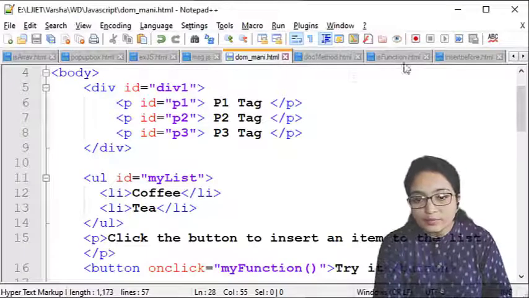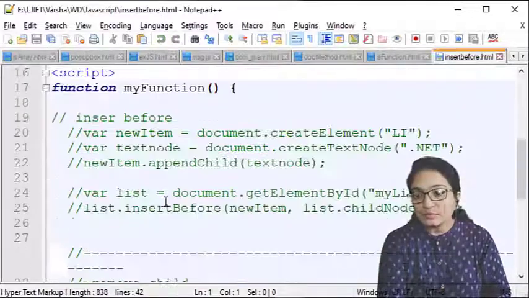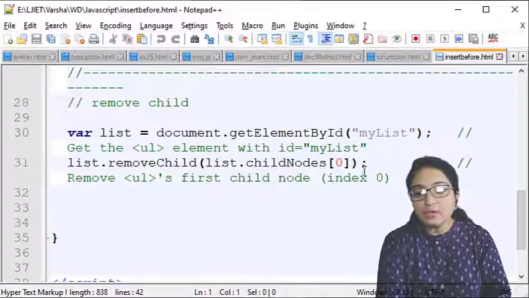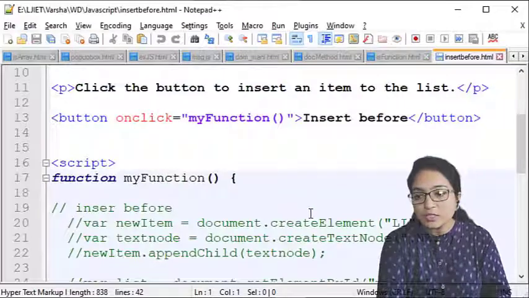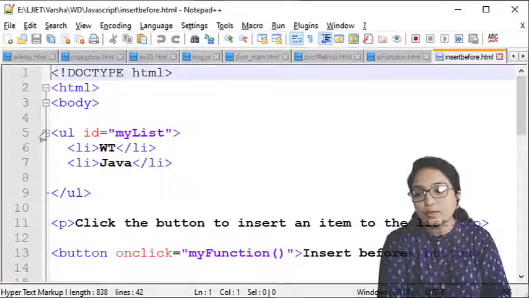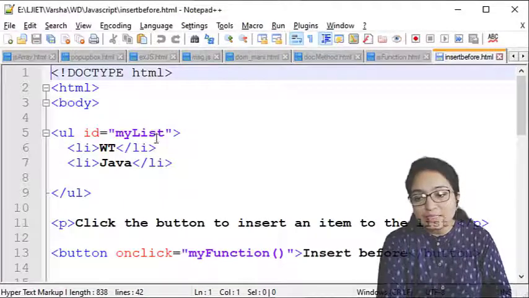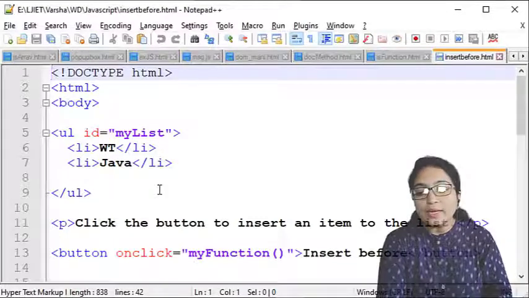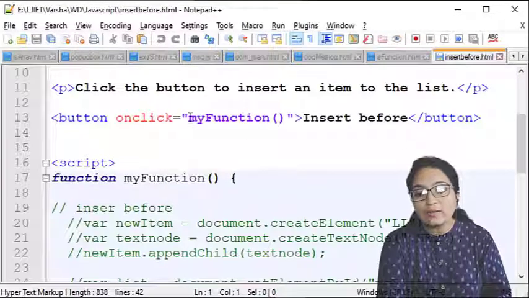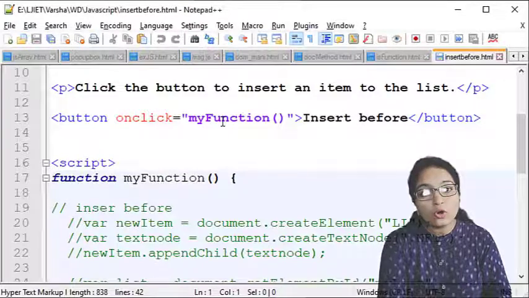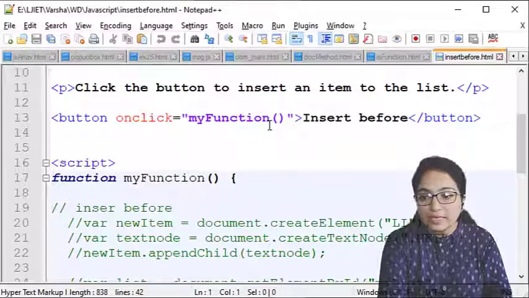Now let's see the example of removing a child. Here I have defined this myList in which I have defined WT and Java. To remove the element, again we are using the onclick event, so again event handling is there.